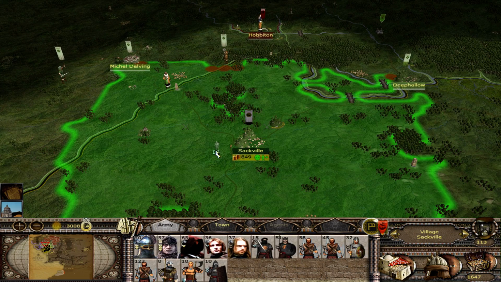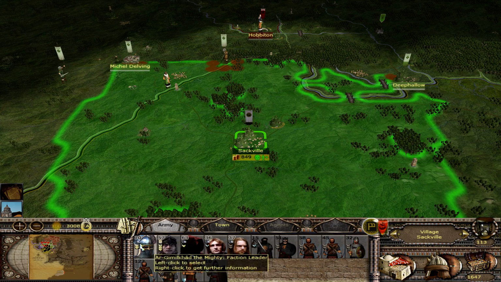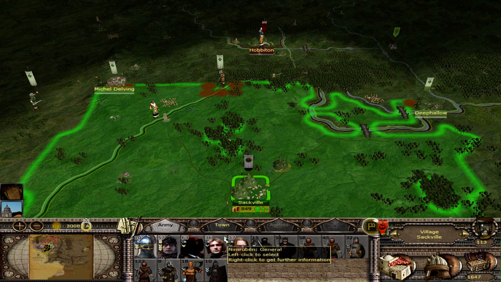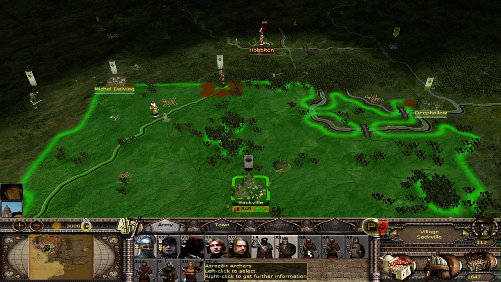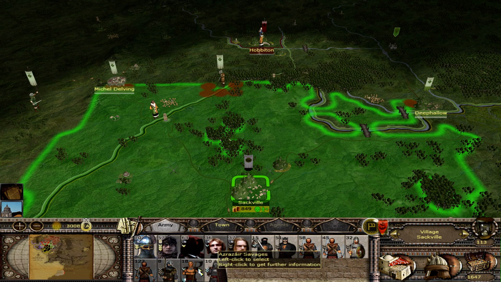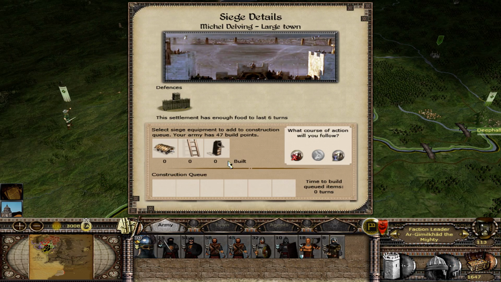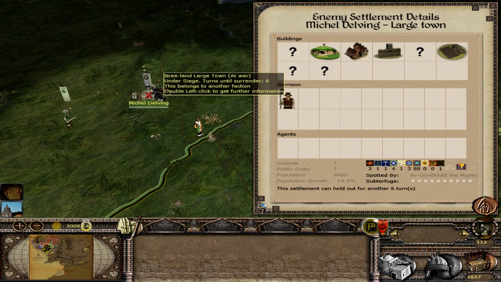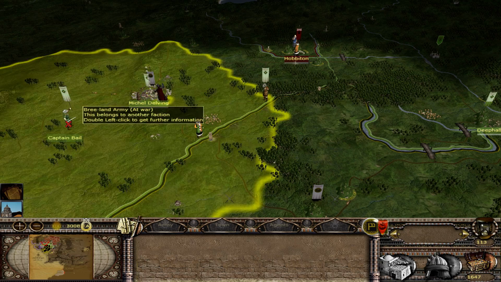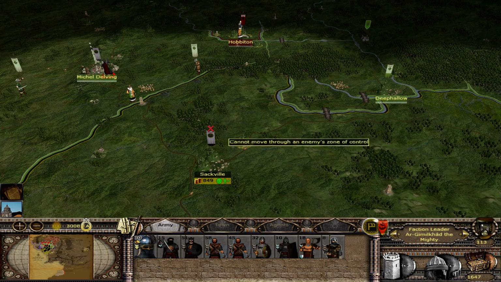Orders. Right, we want to head over to Mitchell Delving, really. Oh, Gimmelcad can make it in one go. Your will, my lord. I want you to take the bulk of the army with you, really. And then we'll leave only a few bits and pieces behind. Shut that down before they train anything else. And he'll be able to take on all of this stuff, because Gimmelcad is a beast.